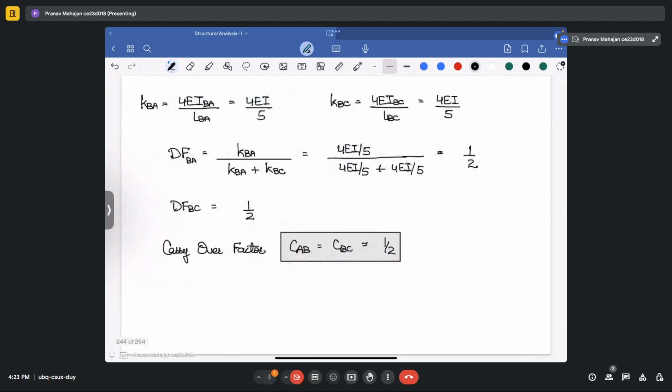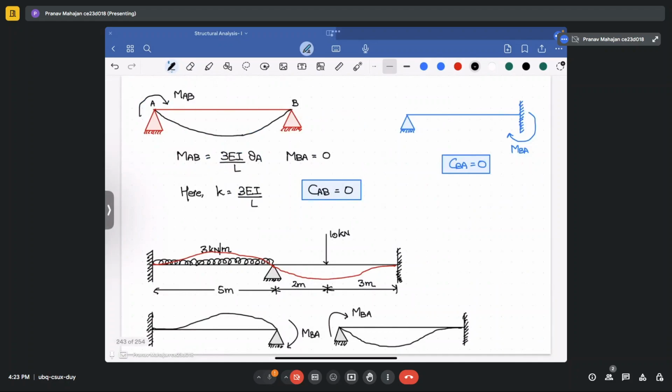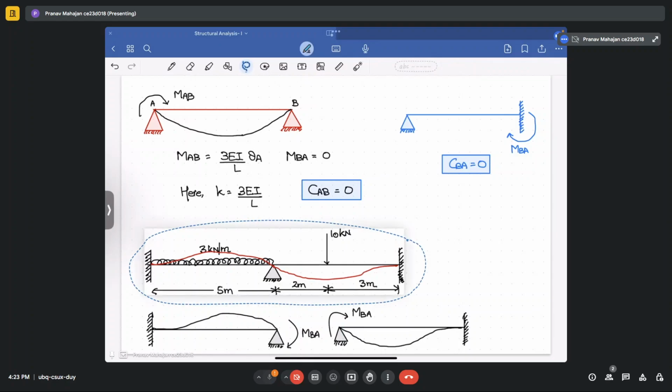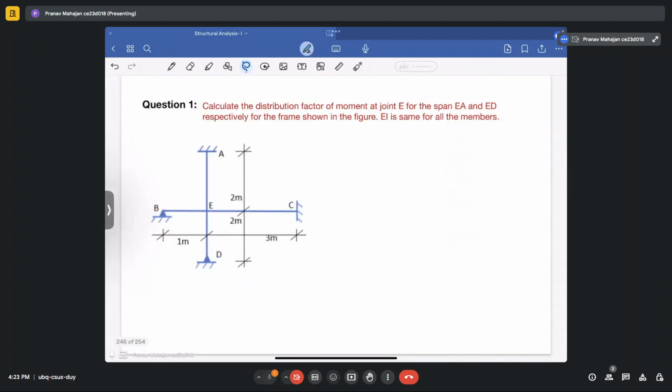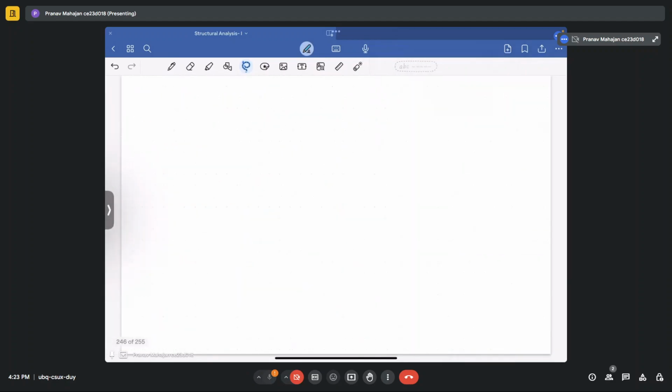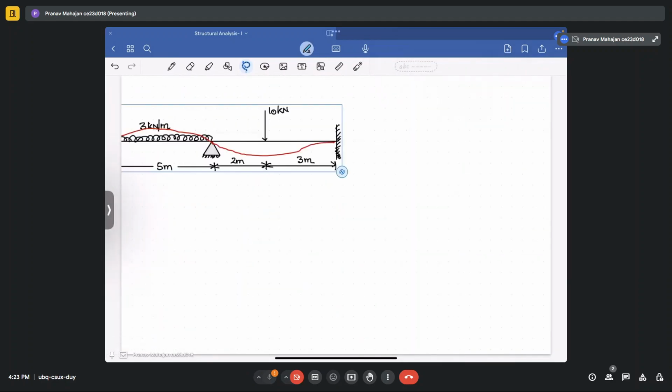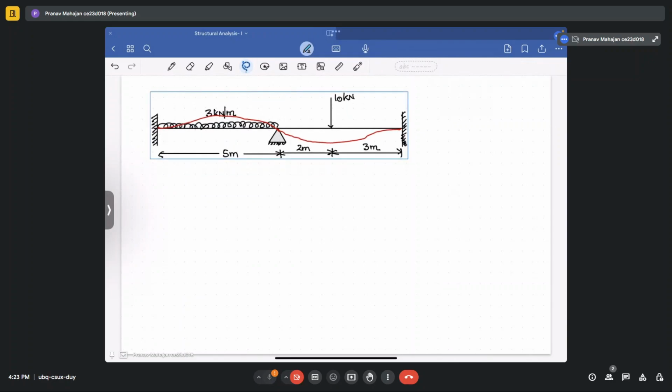So we will try to solve the same problem that you have seen for the carryover factors. We will use this same problem and then solve it using this method. So let me take, or I will draw again. No, I can take this figure also. So I will take this figure and we will use it for solving the problem again. Okay, so this is your figure. In this, we have calculated the distribution factor